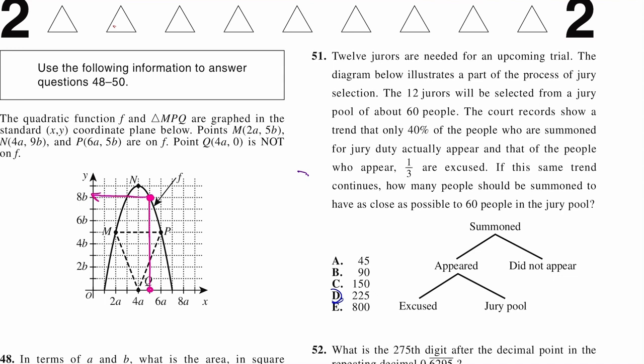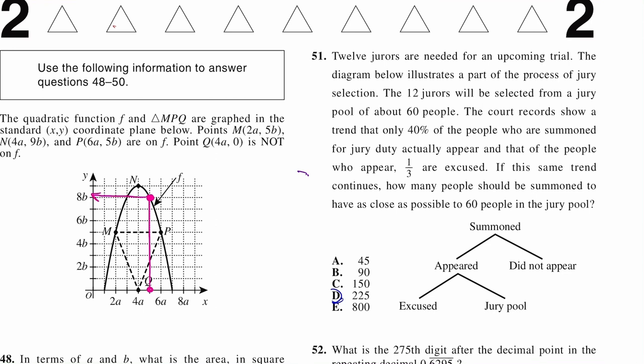51. 12 jurors are needed for an upcoming trial. The diagram below illustrates a part of the process of jury selection. The 12 jurors will be selected from a jury pool of about 60 people. The court records show a trend that only 40% of people who are summoned for jury duty actually appear, and that of those, 1/3 are excused. If the same trend continues, how many people should be summoned to have as close as possible to 60 people